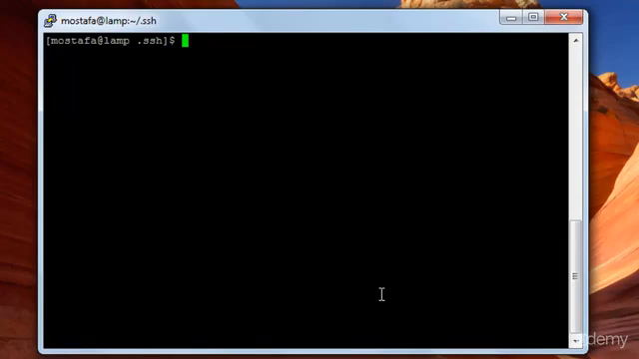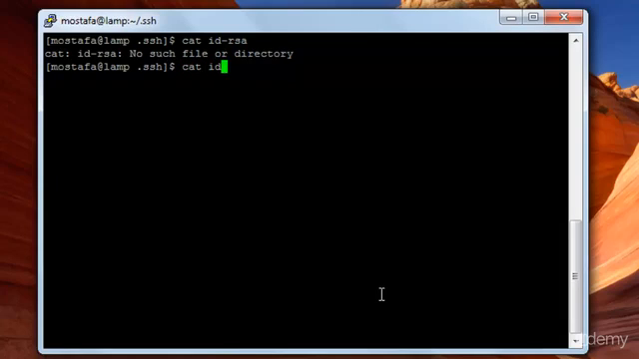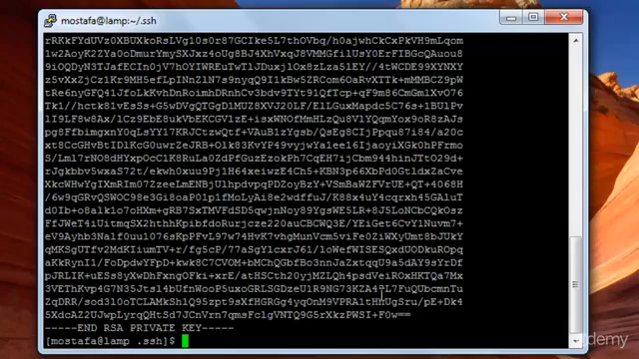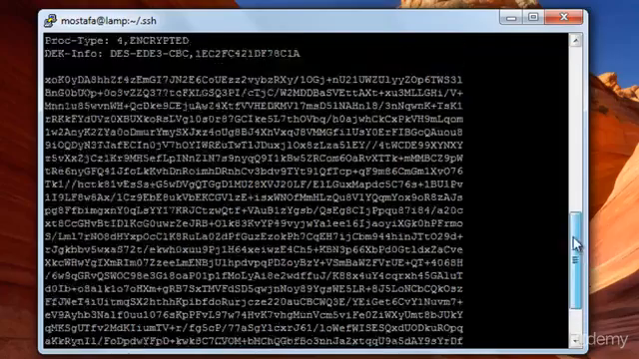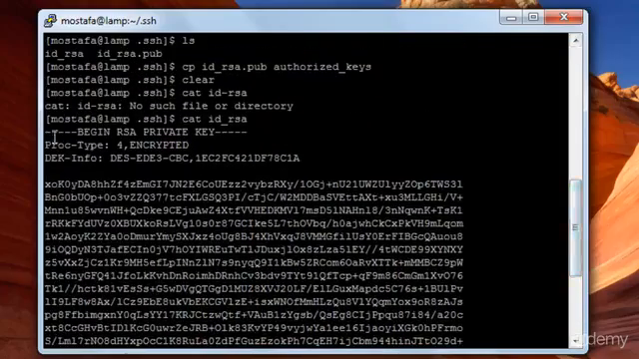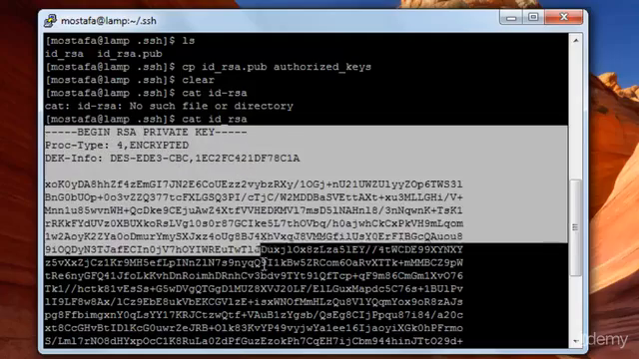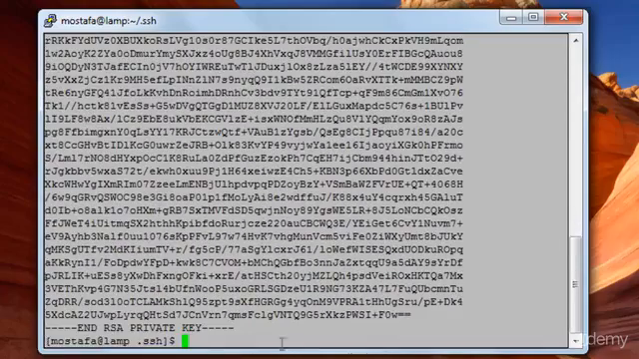Now I will display the private key. cat id_rsa. Press enter. And here is the private key. I will copy it from this line here, from begin RSA private key all the way to down,